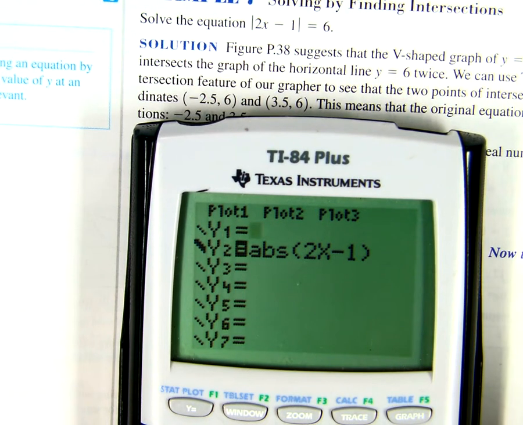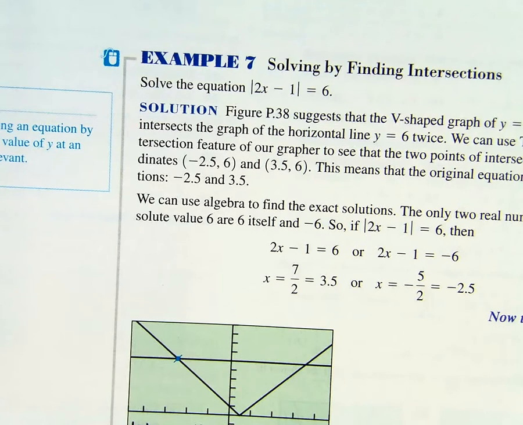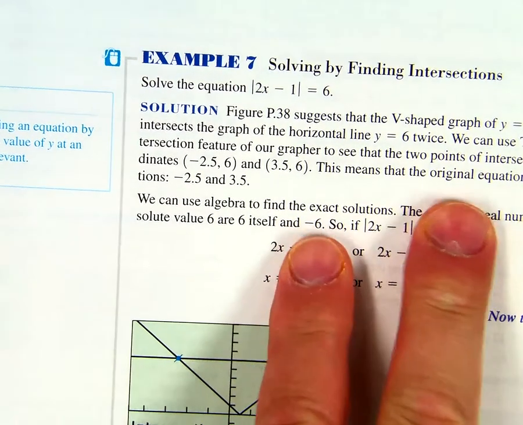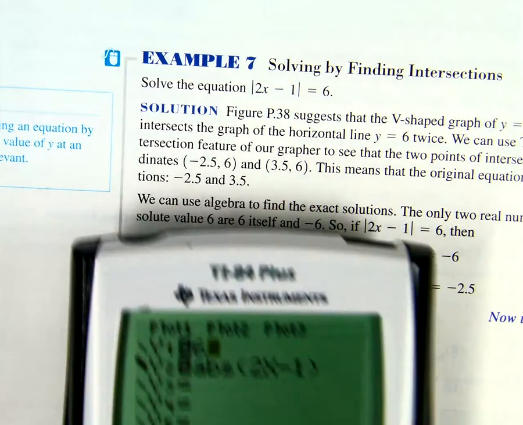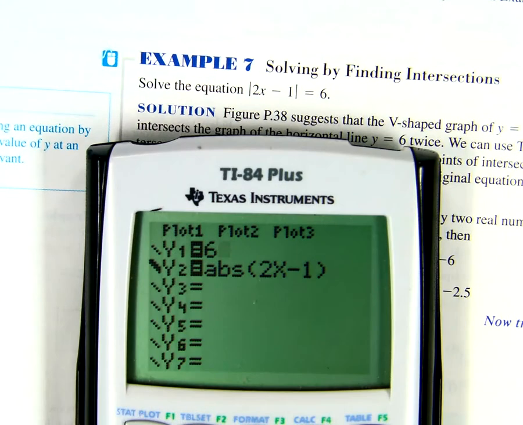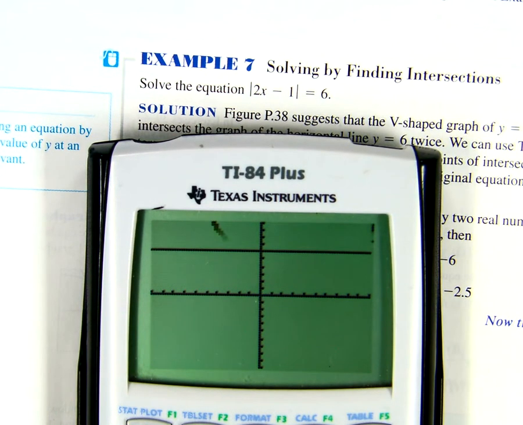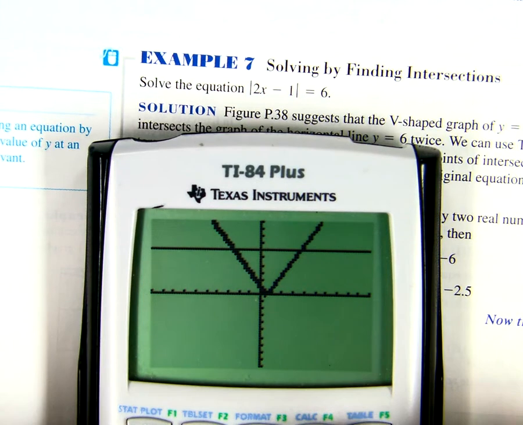Okay, now let's solve the problem. If I have an equation, and the equation is here, I want to solve the absolute value of 2x minus 1 equal to 6. That I can use as y1, and that is y2, or either way. I think I probably have it the other way. Set them up as two equations, and now graph it. If for some reason they don't show up, then zoom out until you can see the two. Now, to do this on your calculator, we can choose the intersection mode. So go to second